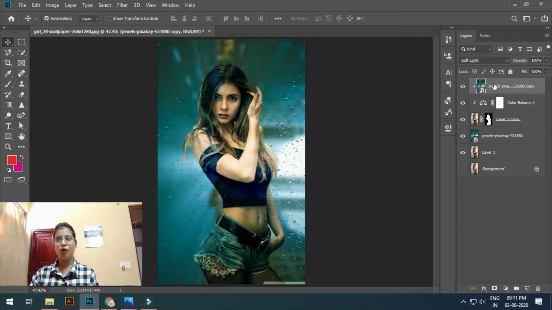So what we have to do, we have to select this image and add a vector layer mask.